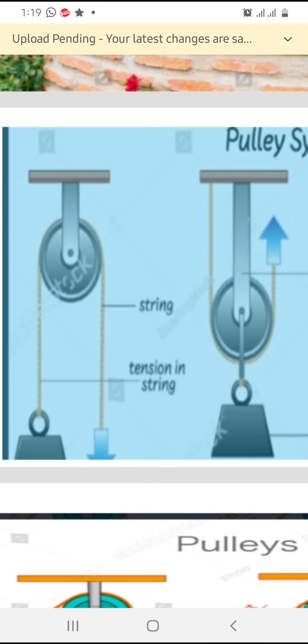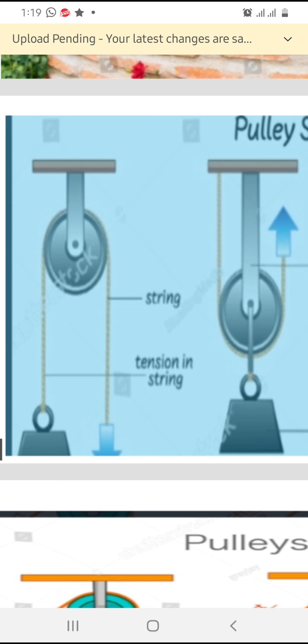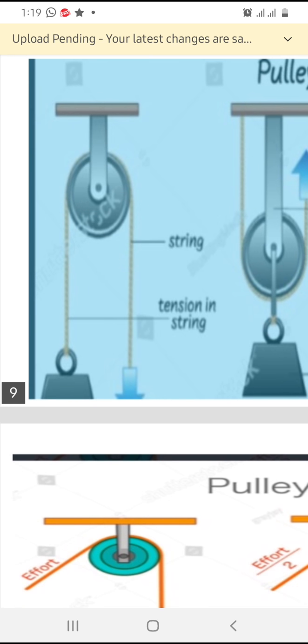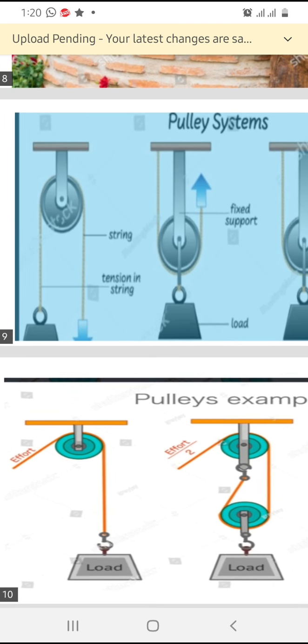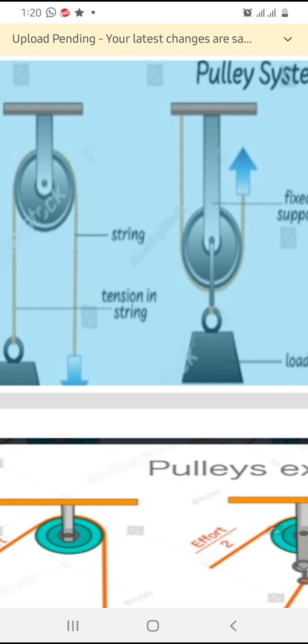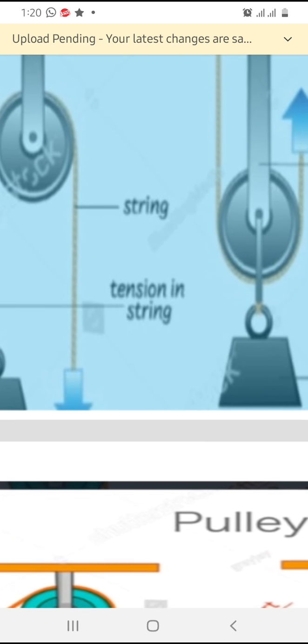The first kind of pulley is fixed pulley. You can see this is a fixed pulley. In this fixed pulley, a simple pulley is hung, we can say the fixed pulley or simple pulley. It is hung on a suitable support with a rope passing around it. You can see the rope passing around its groove as shown. A load or weight is tied. You can see the load or weight is tied at the end of the rope passing over the pulley, while the effort is applied downwards, so there is a tension on the string.